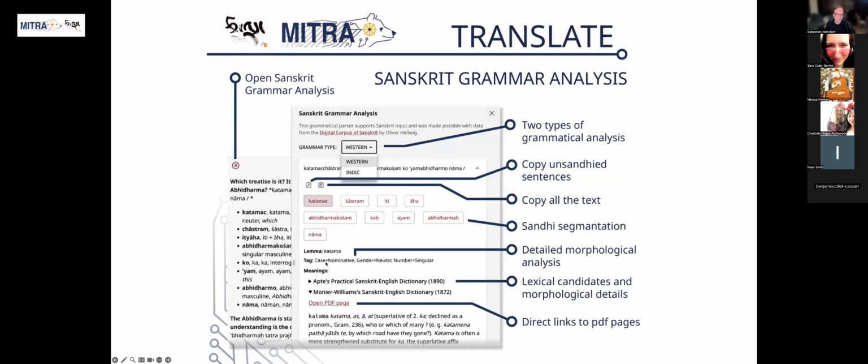So we have morphosyntactic tagging, the compound breakdown, and also the dictionary entries from Apte, Monier-Williams, as well as the Petersburger dictionary, together with links to the actual PDF pages. This is all available, and you can also switch this to Indic style, which will use Indic labels for the grammar description, even though I think that still could be a bit more comprehensive than it is right now.